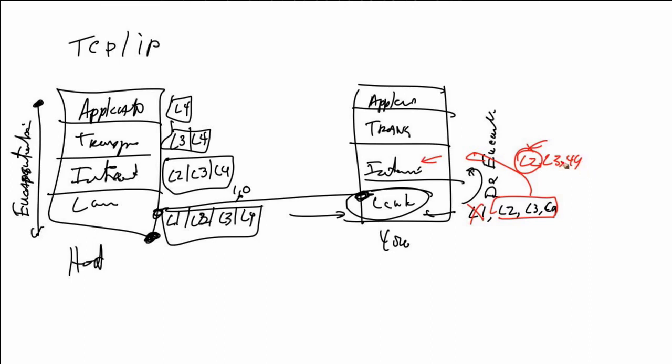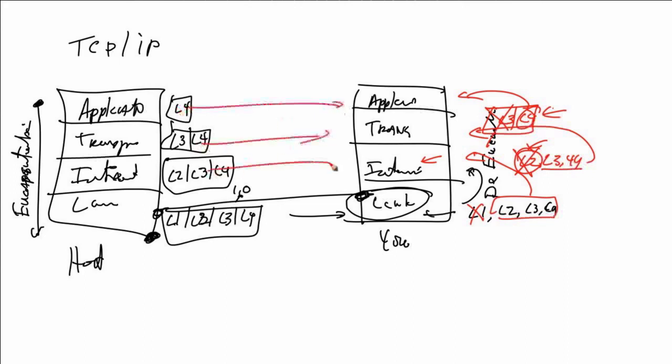So it says, okay, I'm going to process the information. I'm going to go in and do virtual reassembly. Then I'm going to drop my layer 2 header and pass it to the next layer up, where that's going to say, oh, now I've got layer 3 and layer 4. The layer 3 instructions tell me what to do with it, and I pass it up to layer 4 with the layer 4 header, so that what happens is that I have